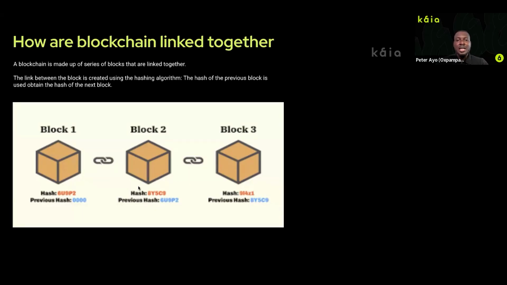In the case where we change the data in block 2, our hash is going to change here. And when we try to pass that into block 3, we expect that it should also change because the previous hash in block 2 already changed. So imagine if you have up to 1 million blocks in your blockchain and somebody tries to change the data in block 500,000. That means they will have to change all of the previous hashes from block 500,000 to block 1 million. And most of the time, this takes a lot of